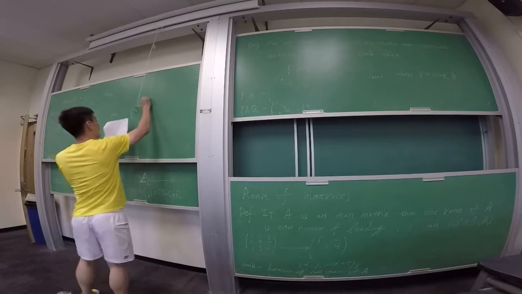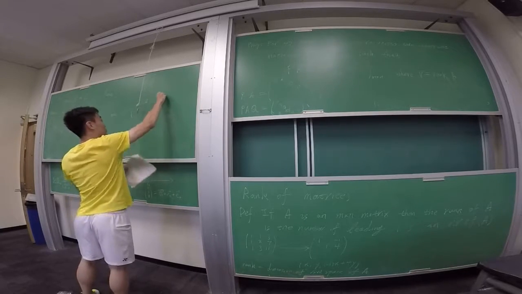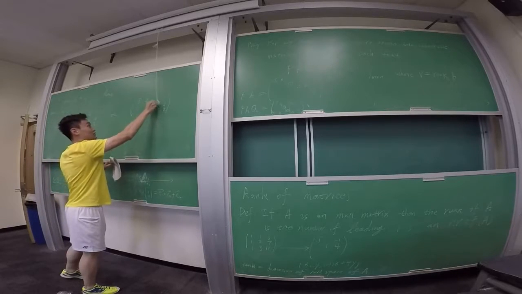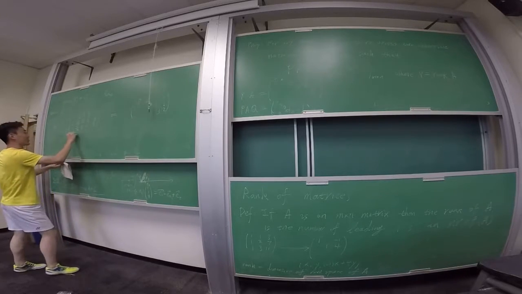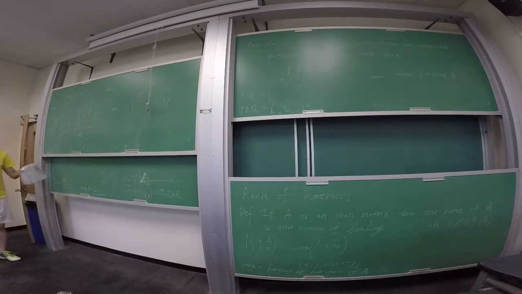This is equal to 1, 2, 1, 1, 2, 1. This is the reduced row echelon form, right? And this is your A, this is your P, right? P is already equal to that. And now you